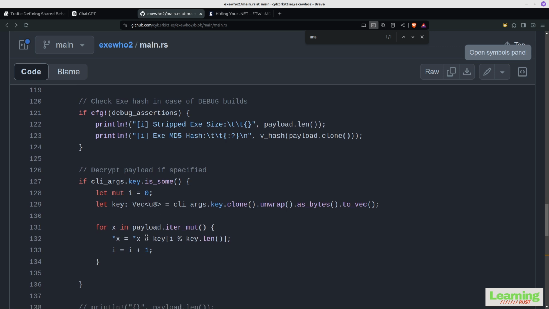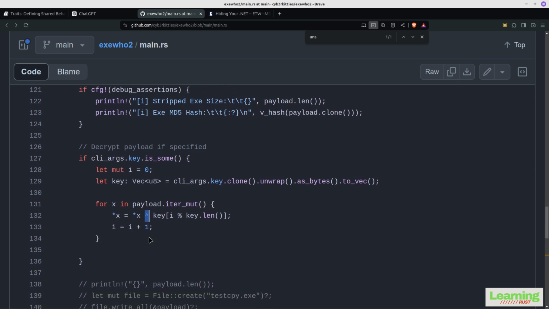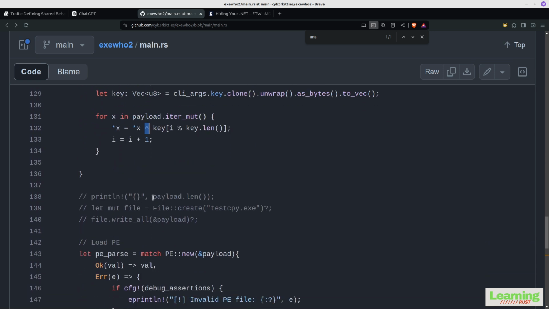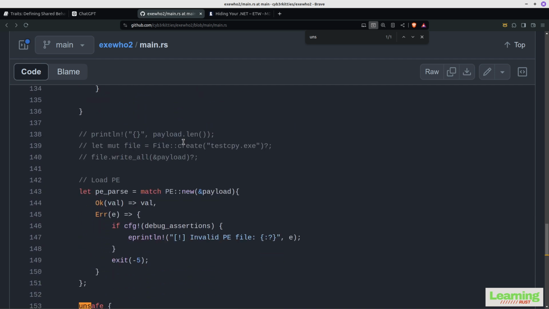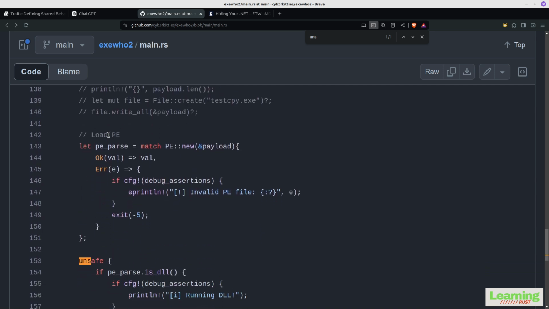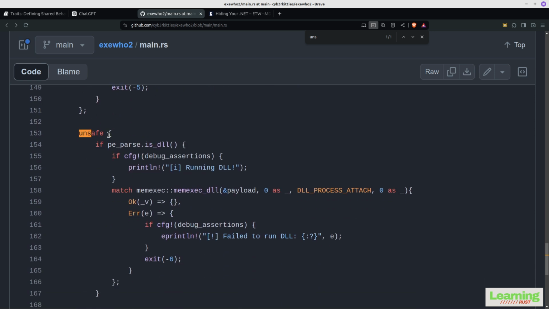Wow, what's going on here? That's an XOR, isn't it? So it's modifying the payload because it's dereferencing. It's using the asterisk dereference. DLL process attach. That looks very Microsofty. memexec DLL. I've no idea what all that's doing. Let's